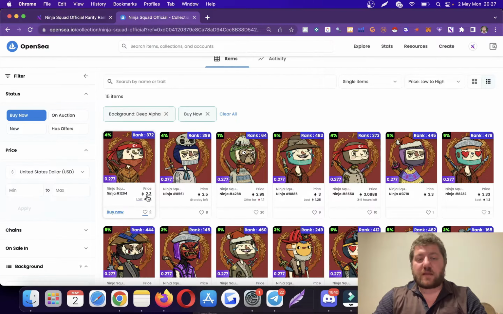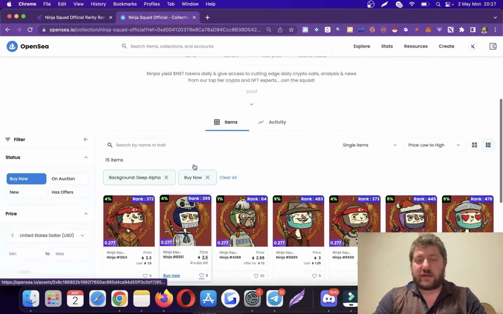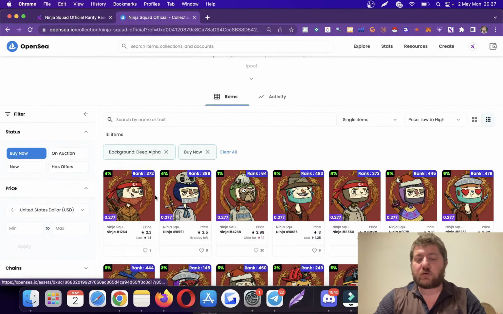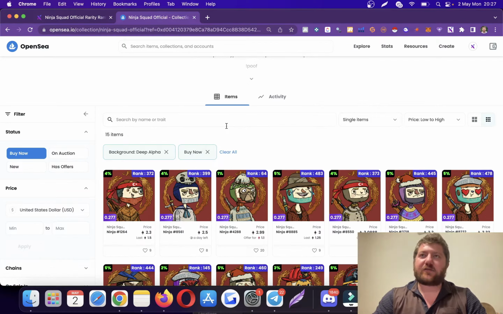Yeah, it is minimum 2.3, so the floor is 0.27. However, this is almost 10 times more expensive than the floor. So we call it the floor of this particular trade is 2.3. The reason I am telling you this is because after the reveal, there is almost always people who sell this